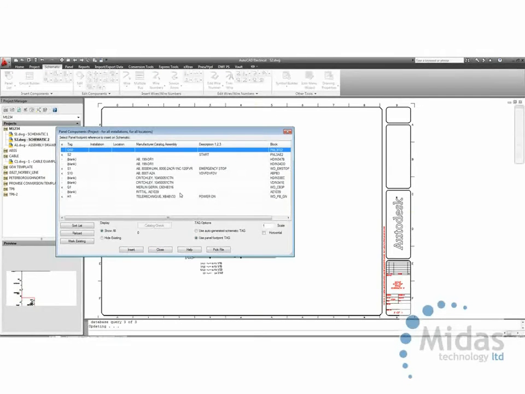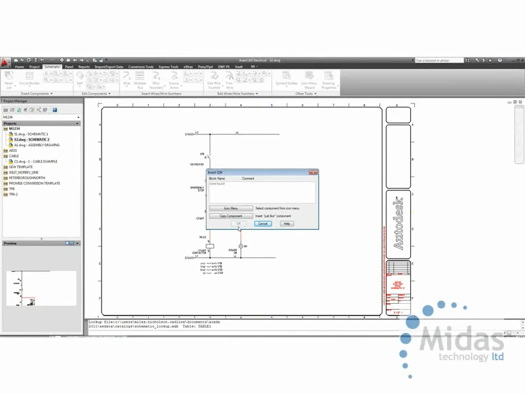Now remember, we didn't assign a manufacturer and part number, so therefore it has no idea as to what symbol this is going to be. Notice you've got the option here of use auto-generated schematic tag or use panel footprint tag. Well, I'm going to select panel footprint tag because this is the tag that was defined within the panel footprint drawing. If I go insert, because it doesn't know which symbol I want to choose,